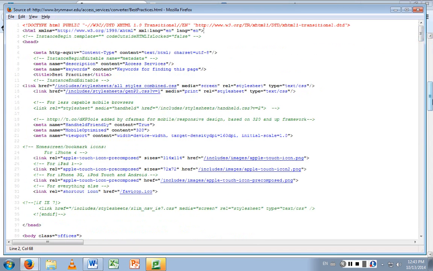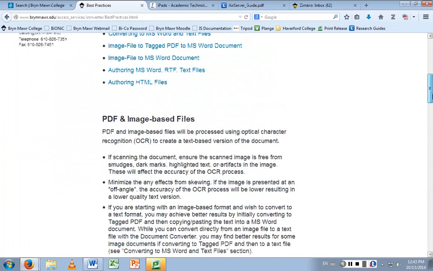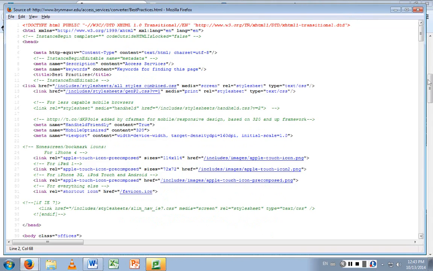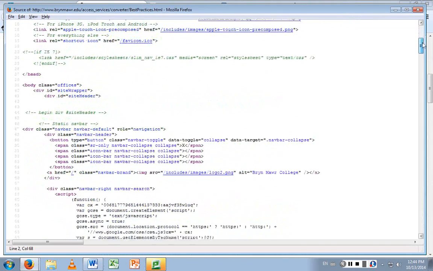Essentially, when you're creating a document, either in HTML, in Word, or in a PDF, it is tagging certain parts of the document as certain things. So when you type in text, you can see here this is tagged as a link. I think this is an image, an icon. Sorry, let me go back. A little further down, we'll see some text.